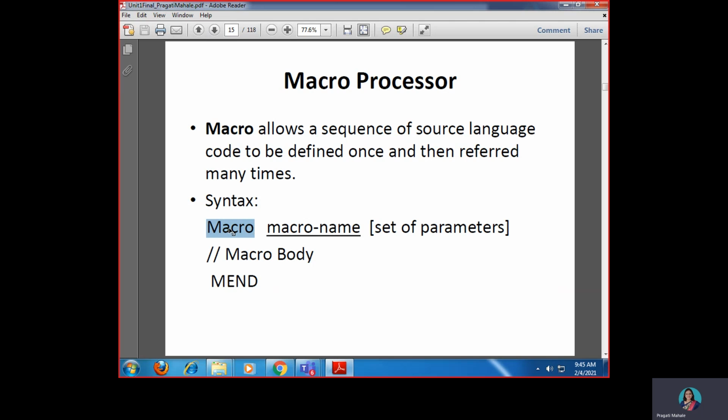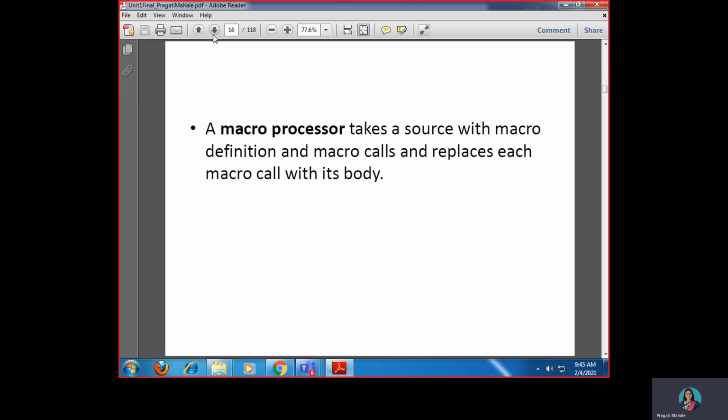This is the syntax where we define a macro using the macro keyword. We have a name for that macro, and the statements of instructions which are to be repeated are written in the macro body, and then we end the macro with end. So this indicates the end of the macro.